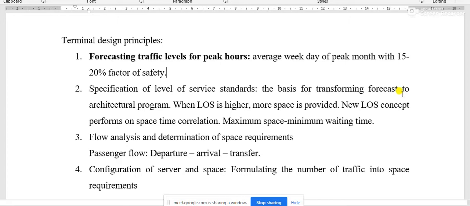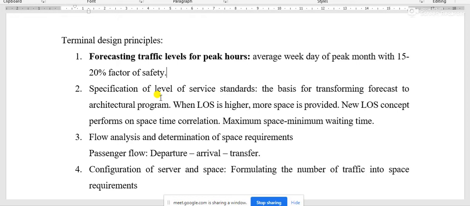Now, why this forecasting of traffic levels is required is to provide the level of service. To provide a standardized level of service, you have to forecast that traffic volume so that an optimum space may be provided to each single passenger.